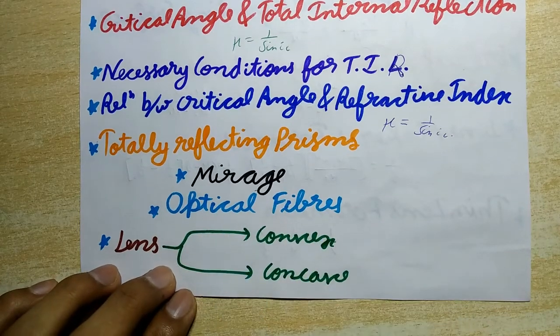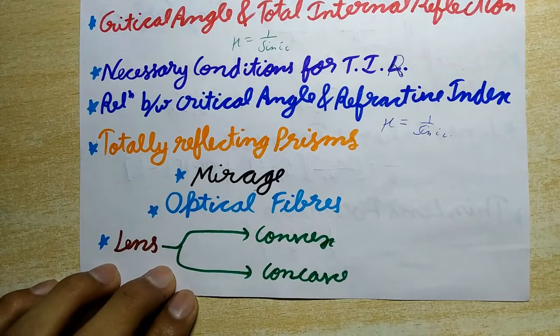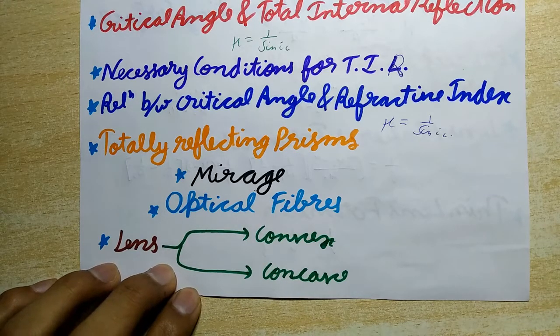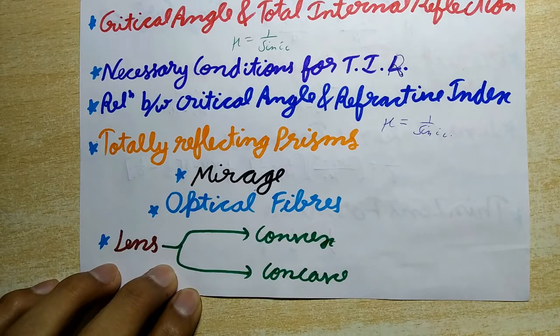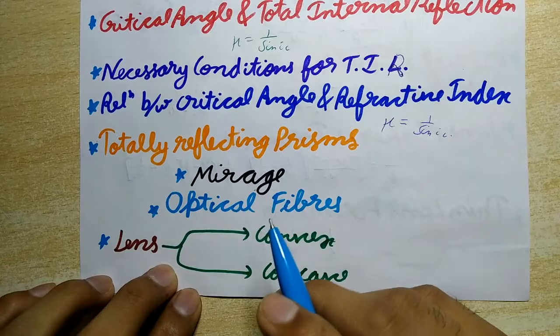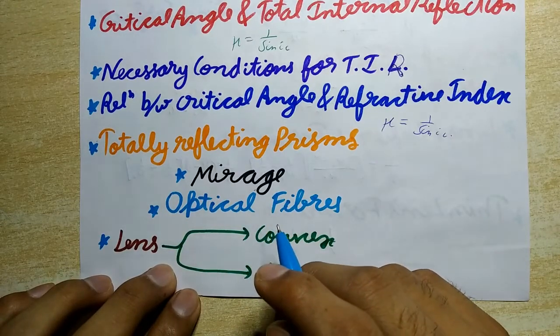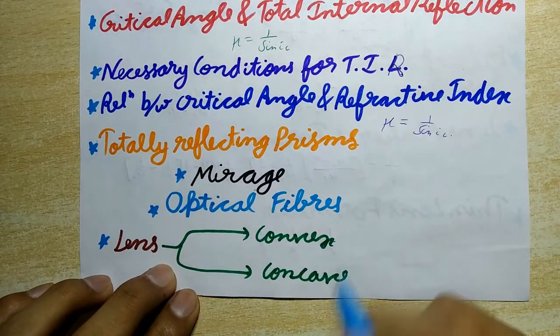Now next is optical fiber. Optical fiber consists of thousands of fine strands of quality glass coated with a material of lower refractive index. Light entering the fiber at one end undergoes several total internal reflections and finally emerges out without any appreciable change in the intensity. A bundle of optical fibers is called a light pipe, used in medical and optical examination and in receiving and transmitting signals in telecommunication.